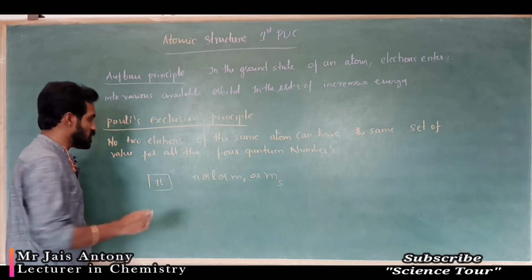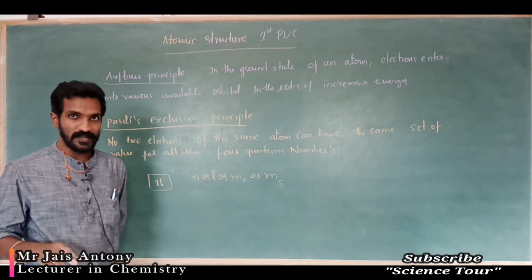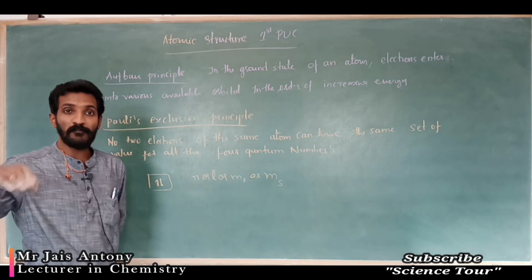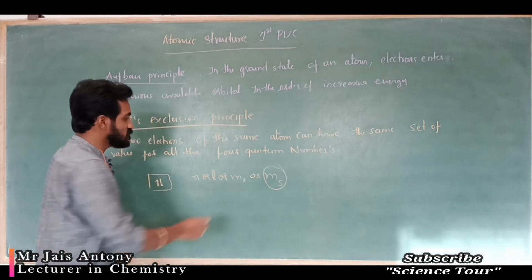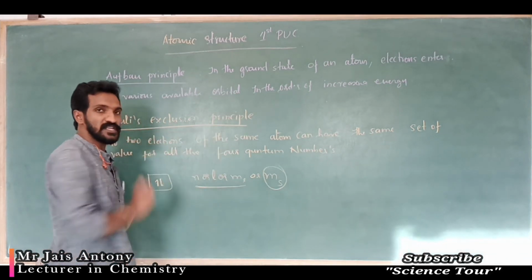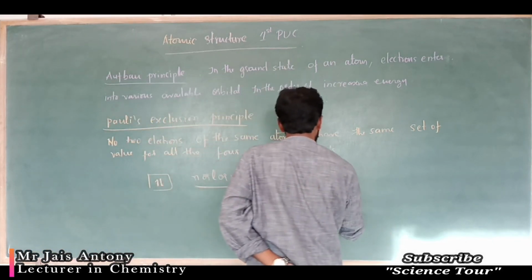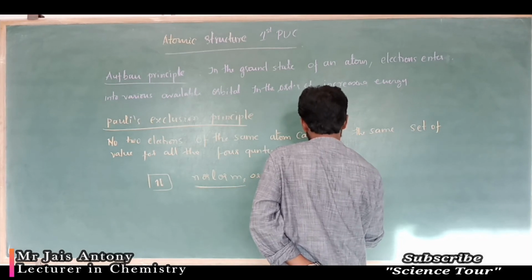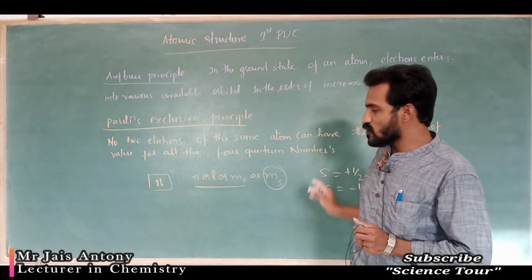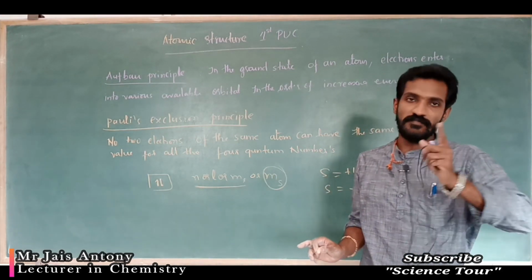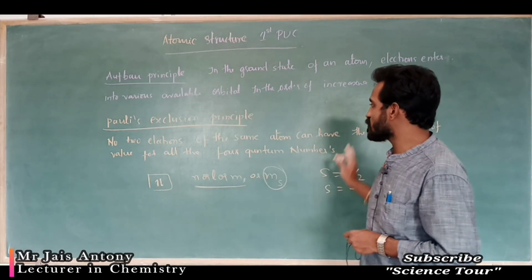So for example, this electron in this orbital, both electrons are in the same orbital. You know that two electrons spin in opposite directions. Then the spin quantum number at least gives a different value. Correct? If these three values are also the same, it means the spin is different. Two electrons in the same orbital means the spin is different. One is plus half, another one is minus half spin. Correct? So at least out of these four quantum numbers, one may be different. One means at least one is different. Not all the four quantum numbers are the same.